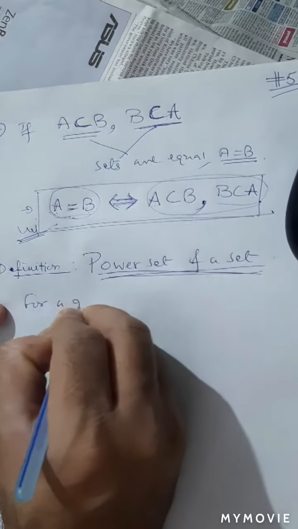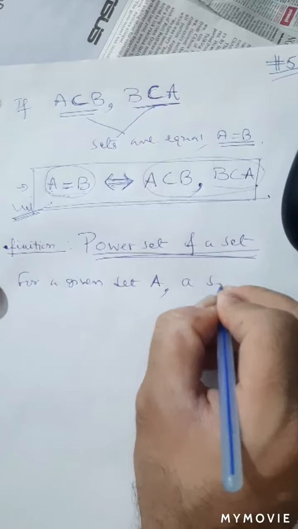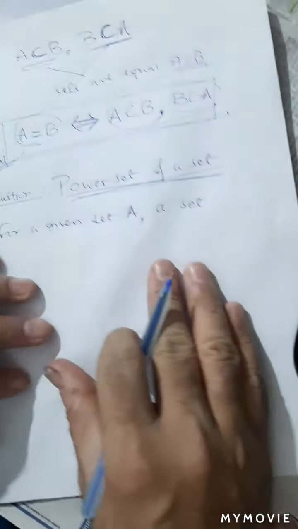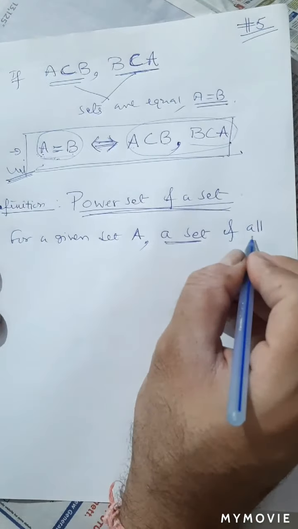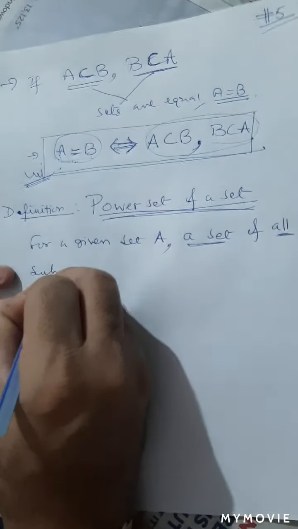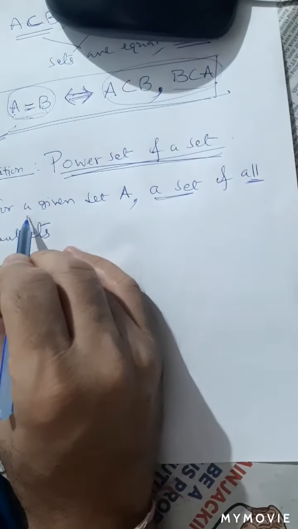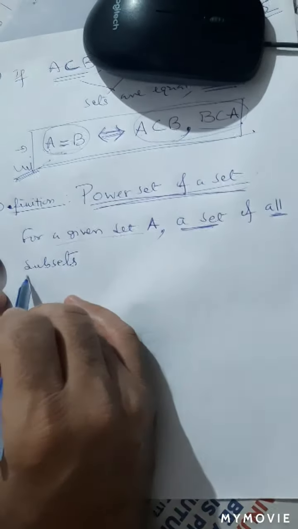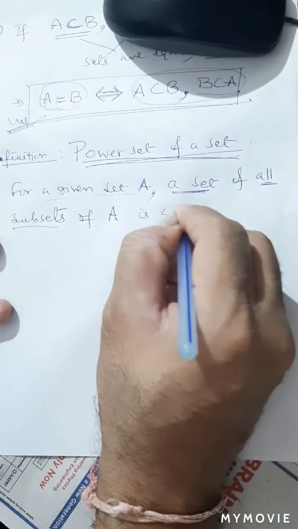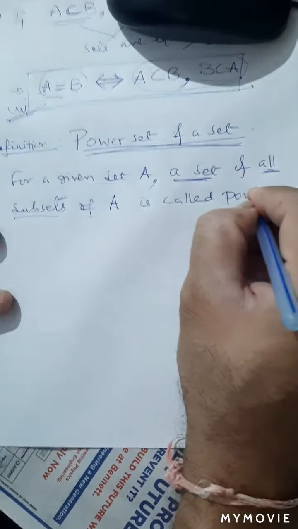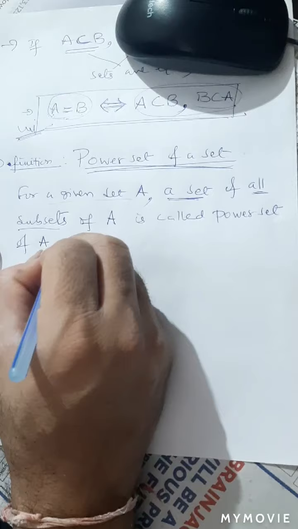For a given set A, a set of all, remember again, you are forming a set of all subsets of A, for a given set A, is called the power set of A, and we write